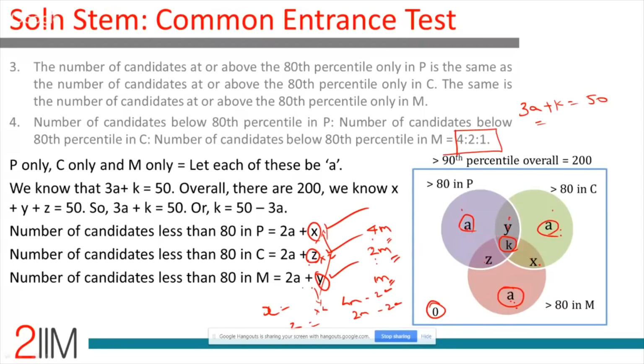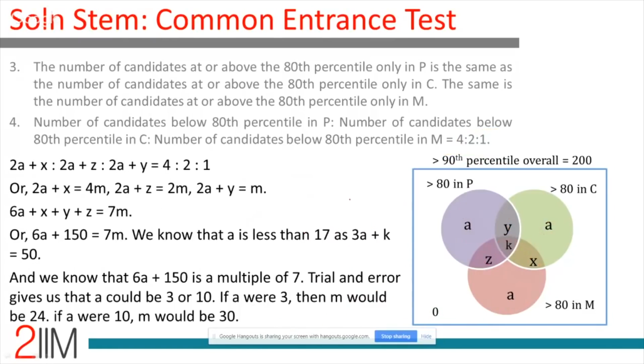Second point here, we know that A plus A plus A plus K is 150. 3A plus K is 150. All of these are positive. 3A plus K is 50, not 150, sorry, 50. And 3A plus K is 50. A plus A plus A plus K is 50. Or A is less than or equal to 60. It could be even 0, 0, 1, 2, 3, 4, 5, 6, 7, 8, 9, all the way till 60. Only that many values are possible for this A. And remember this, because sometimes being street smart and framing the question differently is very useful. I'm going to work on that.